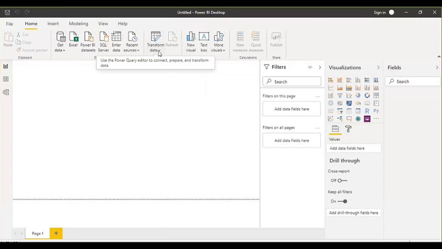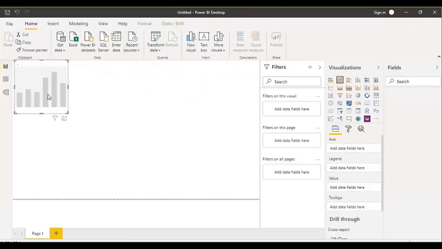And how to know under which button it is? By just this arrow button you can identify, oh, under this I can see some more options, some more actions. Like new visual. So if I click on this new visual, then what will happen? A new visual will be added here. I clicked, a new visual has been added here.